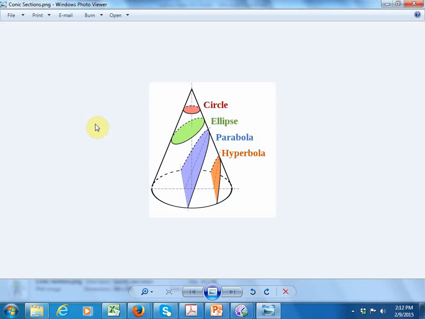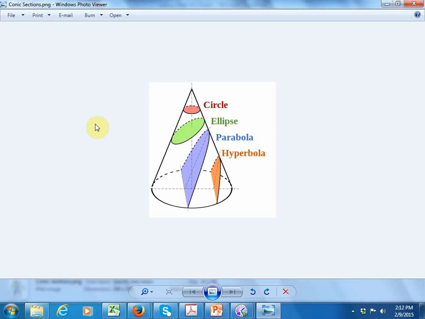I was a grad student at Georgia Tech in Atlanta, and somebody had taken the time to make this cone out of wood and actually have pieces that slide out of the cone, so they call conic sections. And I used to always look at that, like, that's really cool. I want to actually steal this. It's really neat. But the reason they call these different shapes conic sections is they're slicing through pieces of the